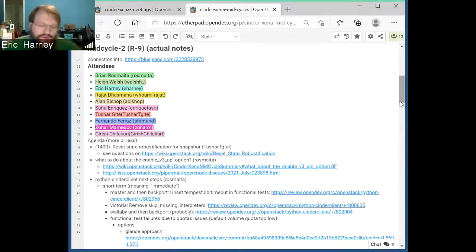Since we have other reset state operations for groups and group snapshots, we probably should look at them as part of this work, at least as far as the spec part of it.